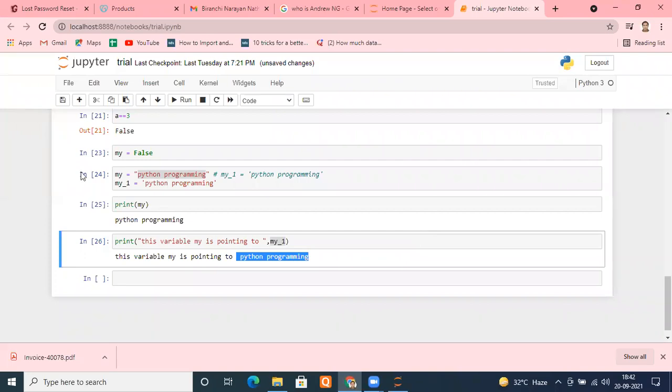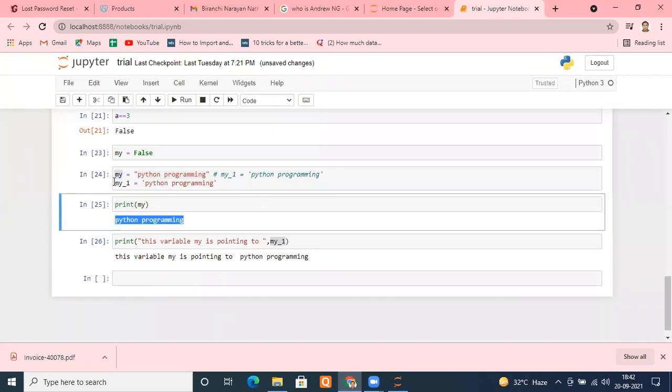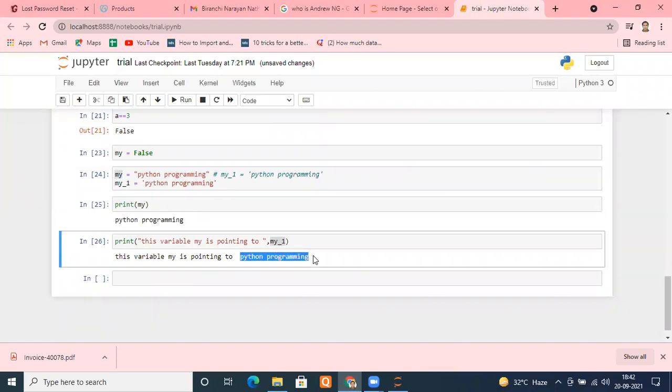And you can see, as I told you, whether you use double quotes or single quotes, the value will be the same. My is showing Python programming as it is. My underscore one is also showing Python programming as it is. Whatever we are putting here is just a string. Is it fine? Yes, sir.